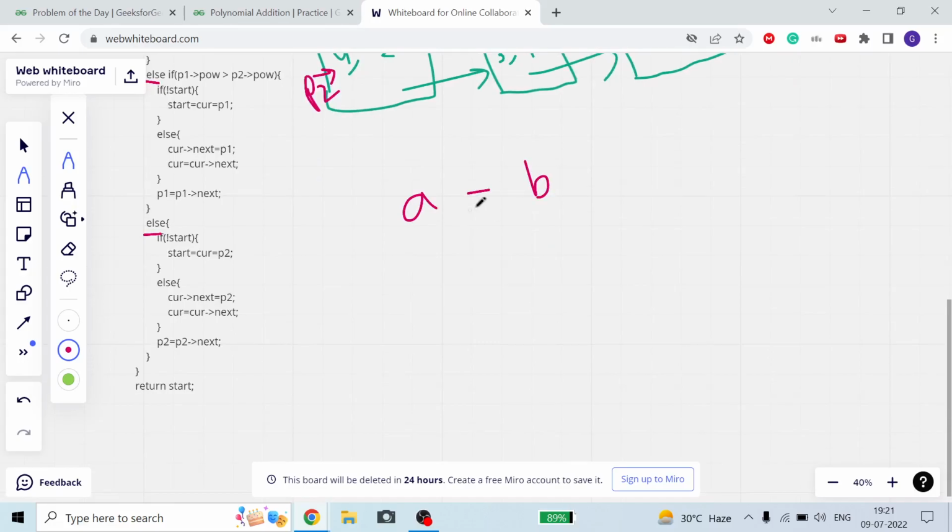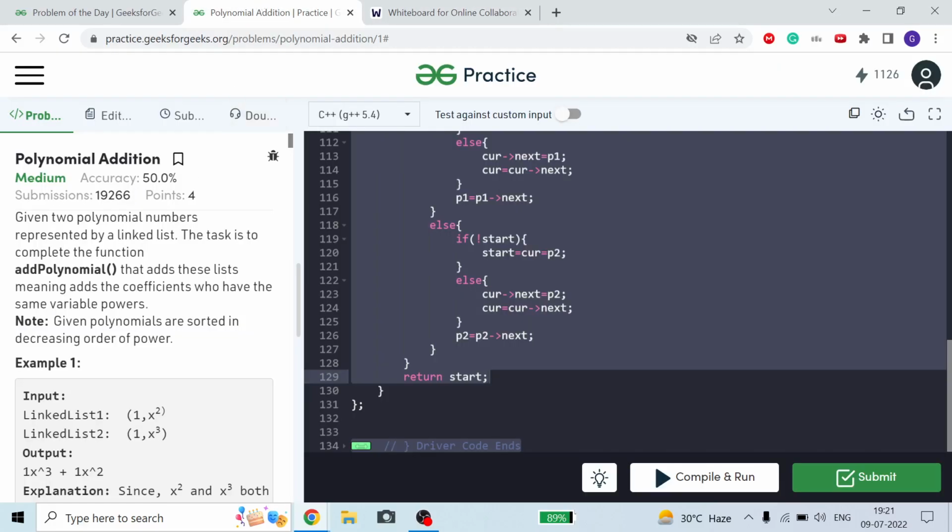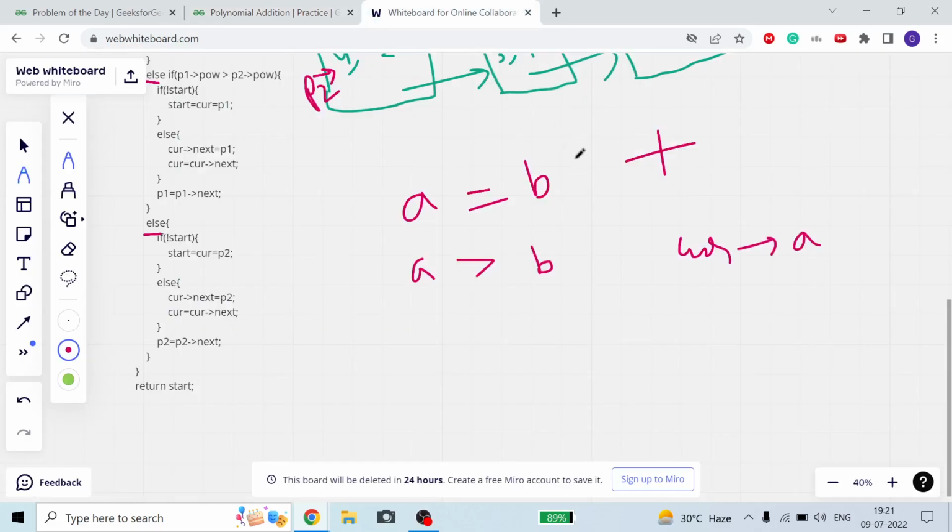If a is equal to b, we will simply add them. If a is greater than b, my current node of the polynomial will contain a, because a has greater power, so a should come, because my polynomial appears in decreasing order of power. The maximum power should come first, so a will come and I will move a to a next.